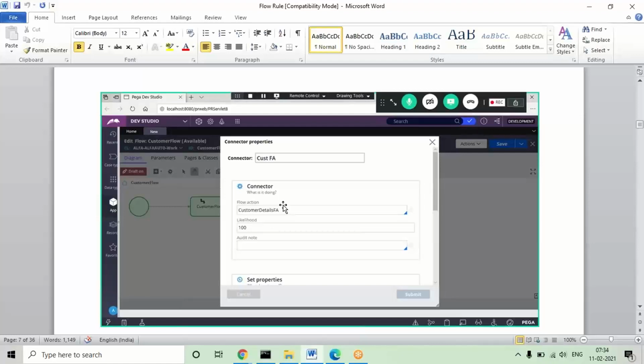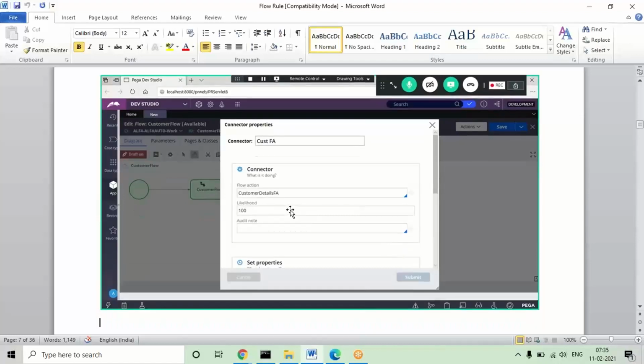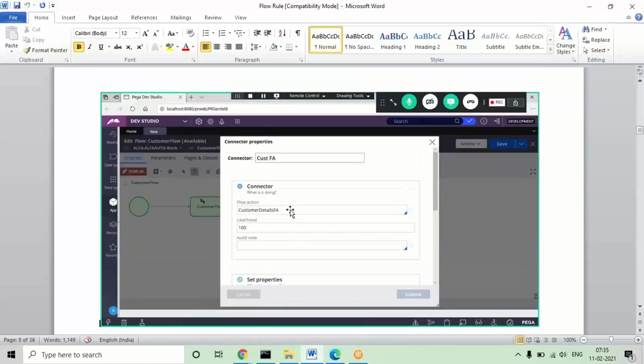You cannot give the flow action in every connector. If an assignment shape is there, that's why we get these connector settings, and there we can give the flow action details. If you use some other shape, its connector will not have this flow action option. The connector settings depend on which shape you are connecting from.